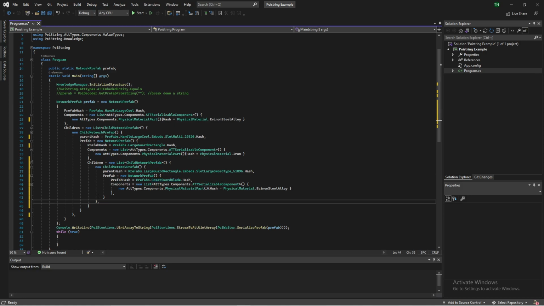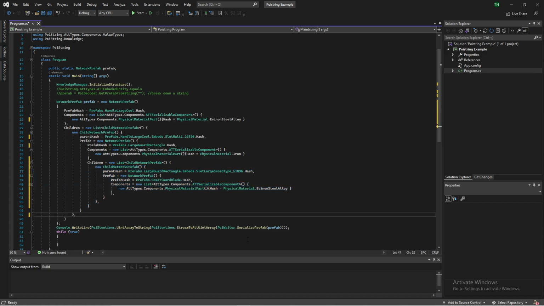The second comma corresponds to the thing above that, which is the large guard rectangle, which we've already occupied its one slot, so we can't put anything else on it. This last comma right here corresponds to the handle large cool, which has 3 more slots on it, so let's add something to that. Like I said, this will be the second item on the handle, so you do not want to include the children equals new list. You're just going to highlight the bracket, go to its corresponding bracket and copy it,